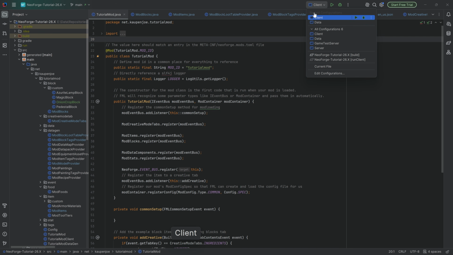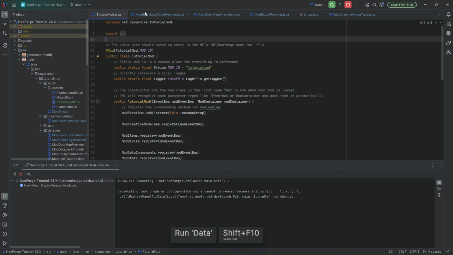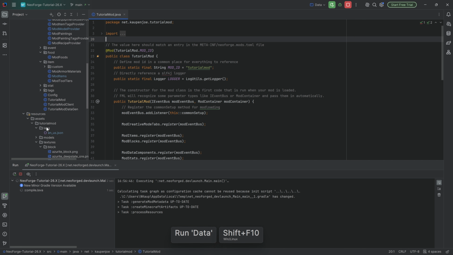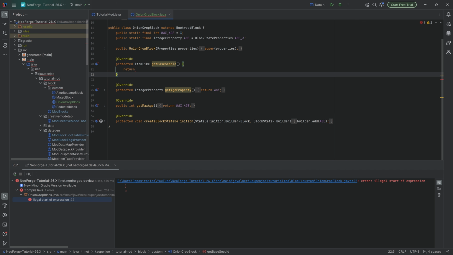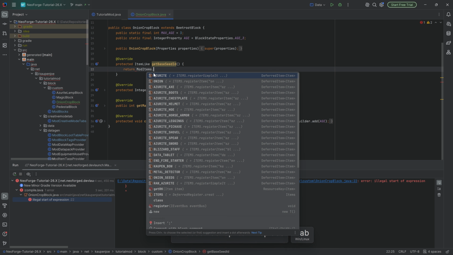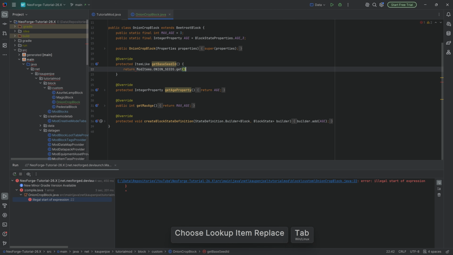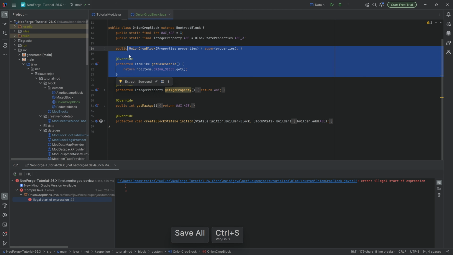It doesn't feel like it, but let's just see. Let's just run the data over here, and once everything has been generated, the JSON files, well then, there we go. Okay, there was one more thing, and that is, of course, the get base seed ID. This is why I put a deliberate error in here, because it is very easy to forget something, and if we would have just returned the super, then it would have been really confusing, really weird, and that is why we can now just add the seeds right here, bada bing, bada boom, and just like that, we've done it,